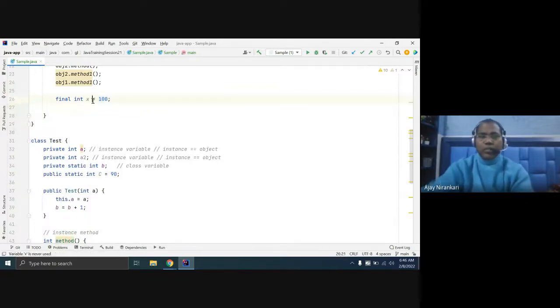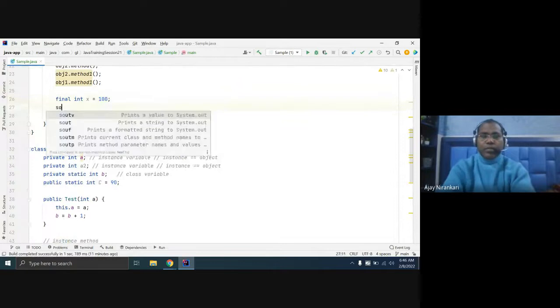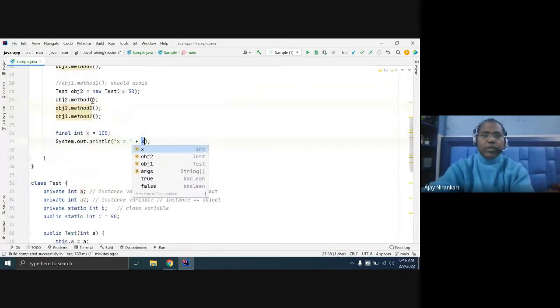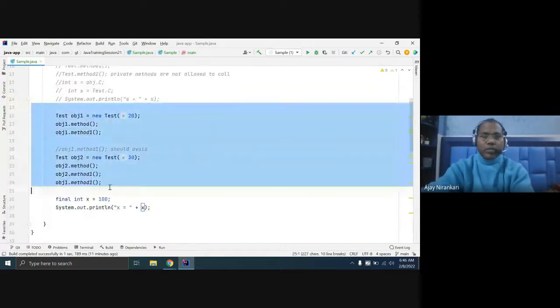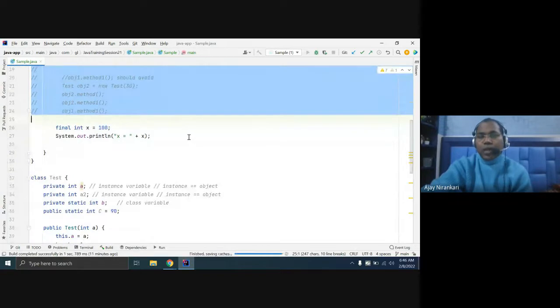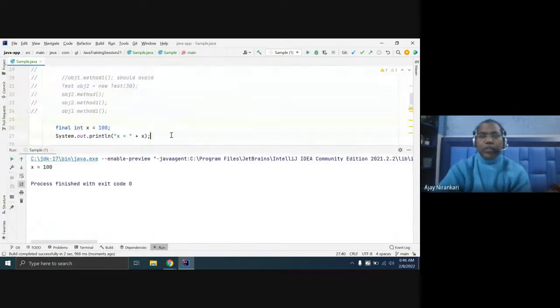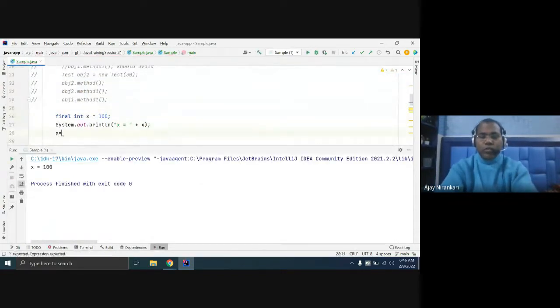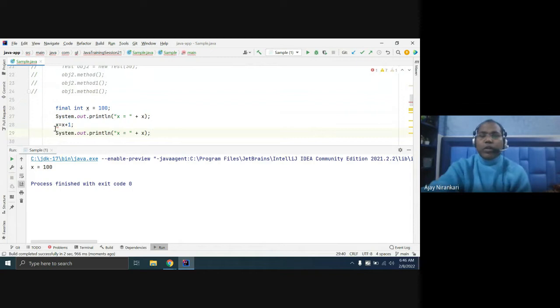Let's see, here you can print. Let us just comment out all the things. If you print x, x will be 100. There is no problem. But sometimes I may want to change x equal to x plus 1. This is not allowed with a final variable.